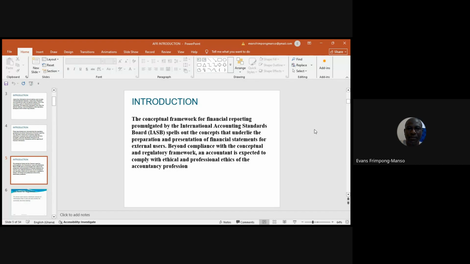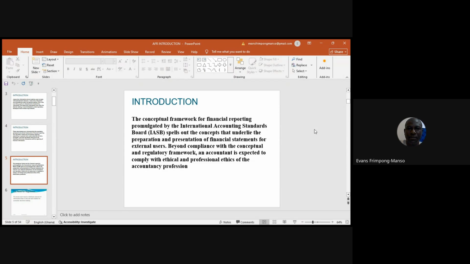And that will also inure to the benefit of the users of those financial statements so that they can understand them more. So the conceptual framework spells out the concepts that underlie the preparation and presentation of financial statements for